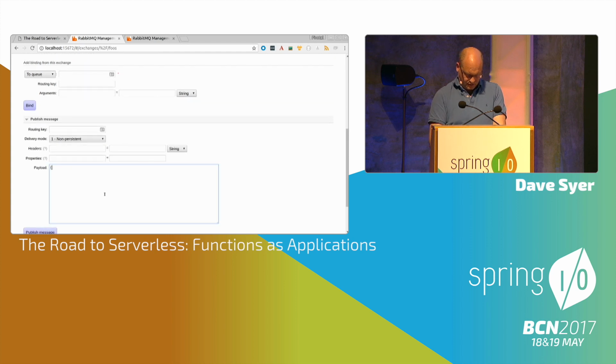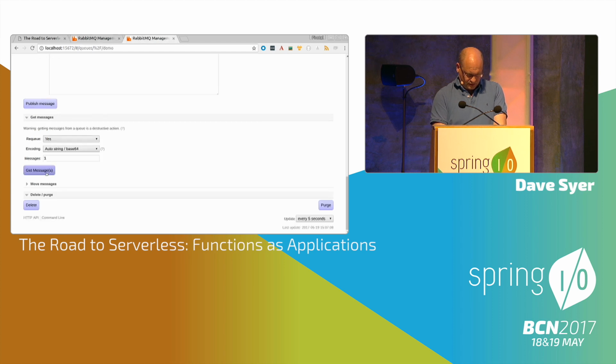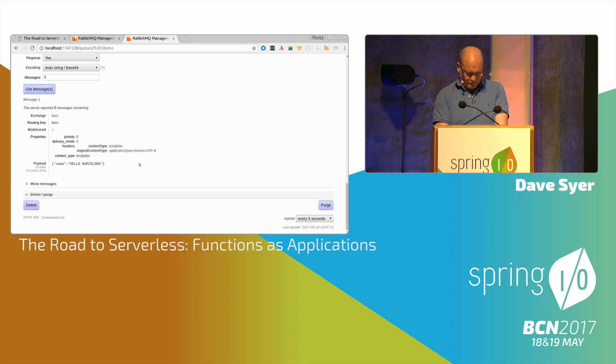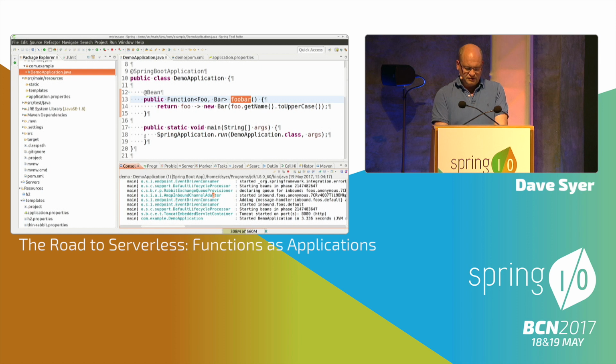So if I do some nice JSON here, I think this is going to work. Trust me. Hello, Barcelona. Try and spell it correctly. Okay, so let's try and send that. That was published. Let's see if I can then get the message here. So this is the transformed message on the other side, right? I was listening to bars. There we go, uppercased. So my function's working, and I've shown you that the same business logic can be repurposed